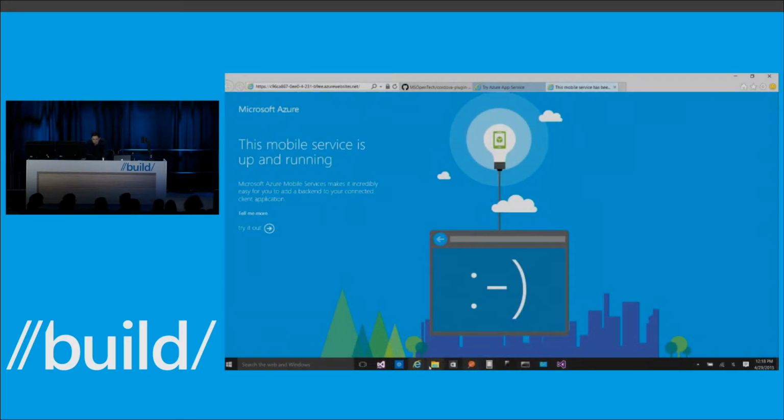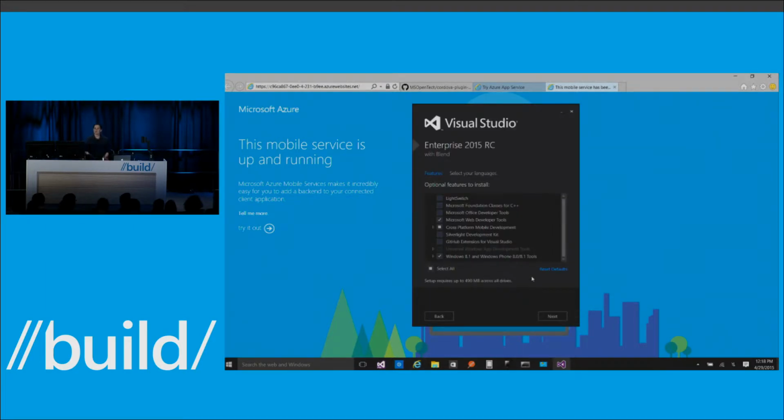OK. So first thing, Visual Studio. This is a little bit dangerous to do in a demo, but I actually have setup running here. And the reason I have setup running is for those of you who have built mobile applications, you know that it's very challenging to get your dev box set up with all of the dependencies that you need to build mobile applications. For an Android application, I could end up having 20-something dependencies that I have to install uniquely.